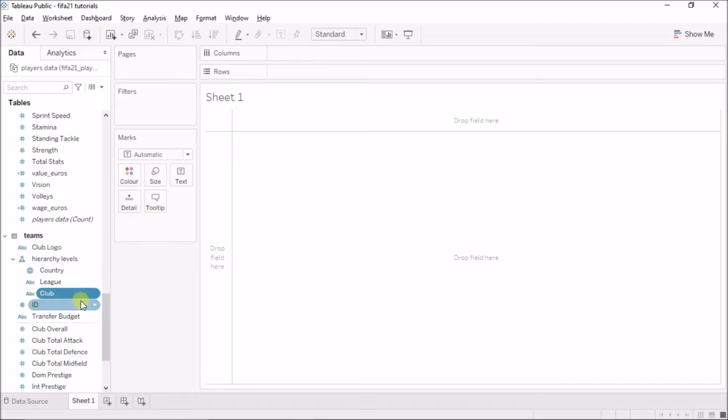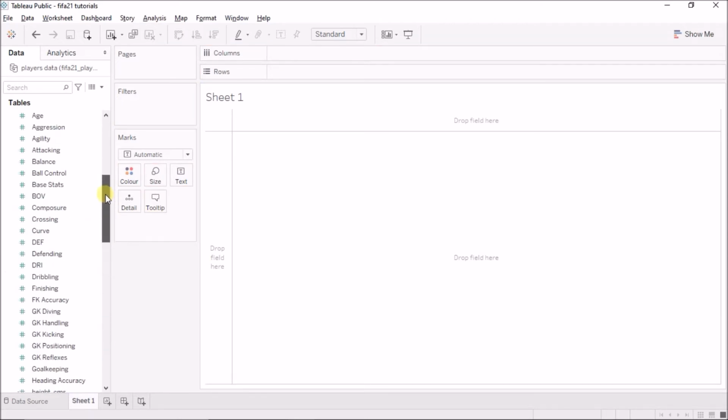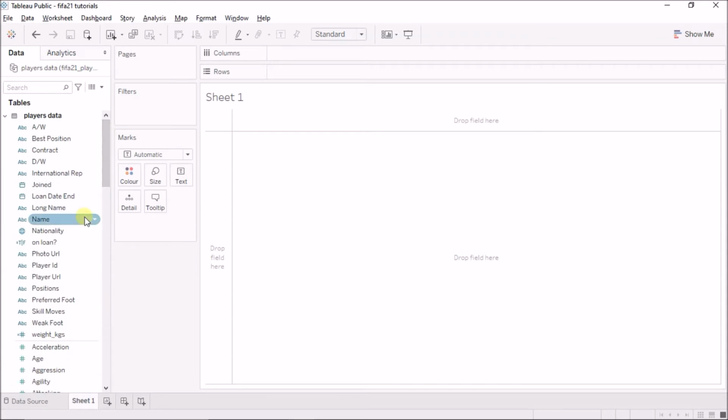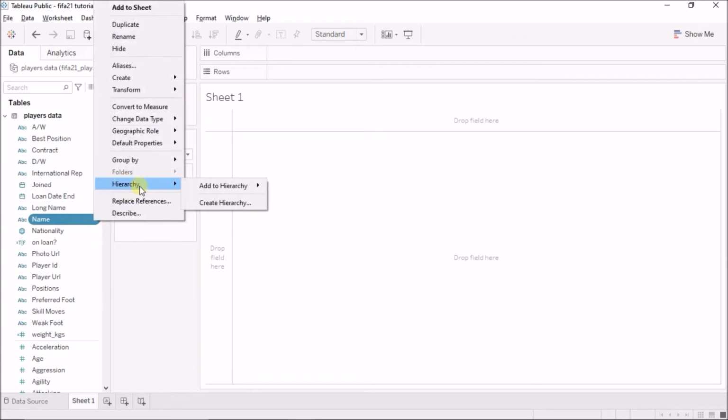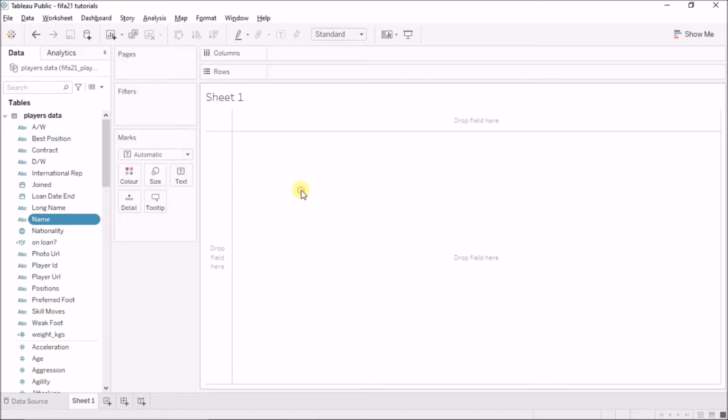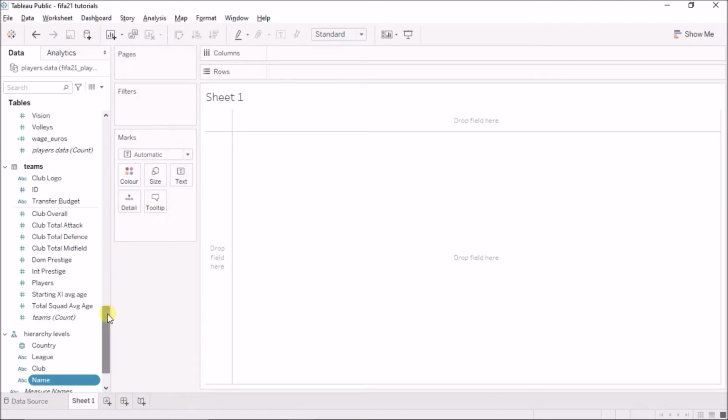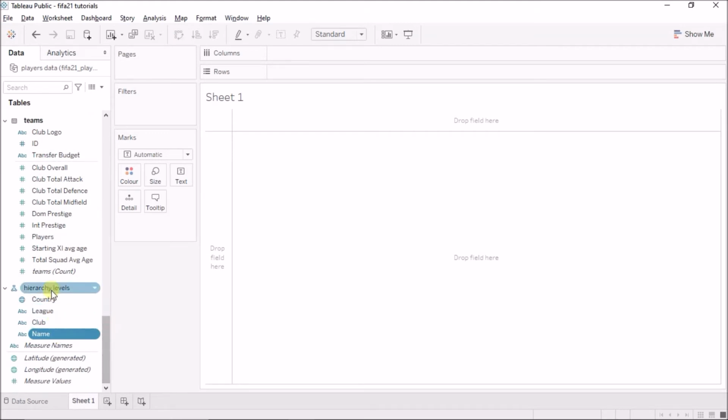Okay, and in each club I have many different players who play for that club. So I'll come here, and in this name I'll click on hierarchy, add to hierarchy, and add to this hierarchy levels. Okay, so now I have these 4 levels of hierarchy in my dataset,